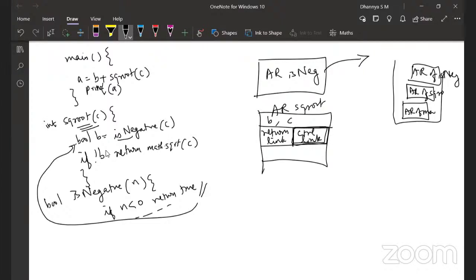Control link is a pointer to the location from where you have to continue the execution. See, it cannot transfer control back to the beginning of the square root, right? Doesn't make sense, no? It has to transfer the control back to this line so that it will continue execution from there, correct?